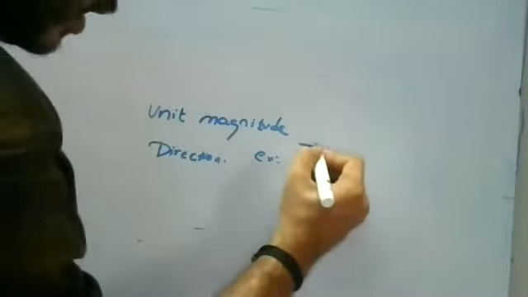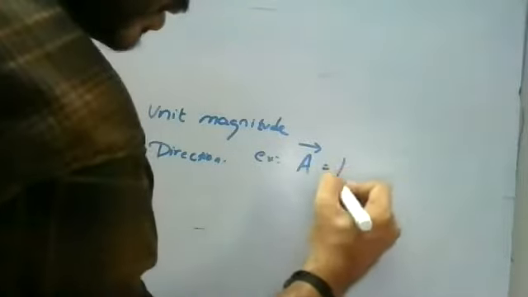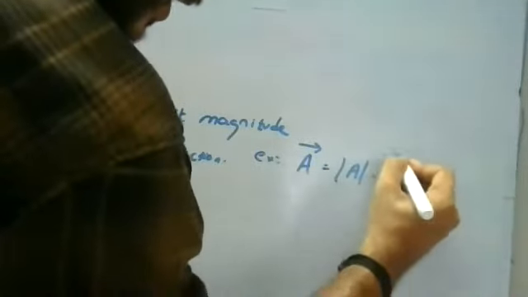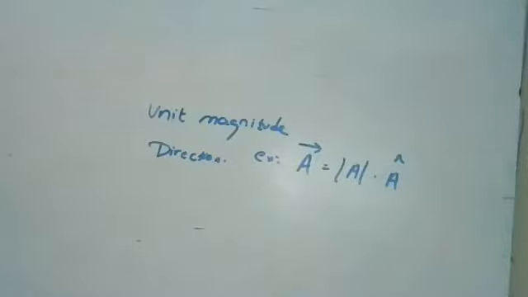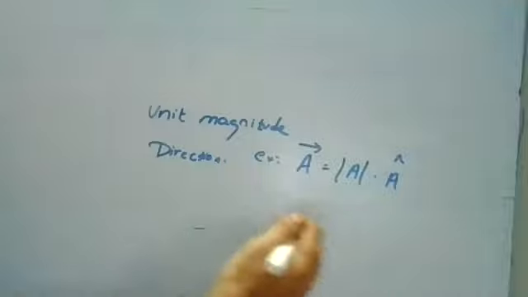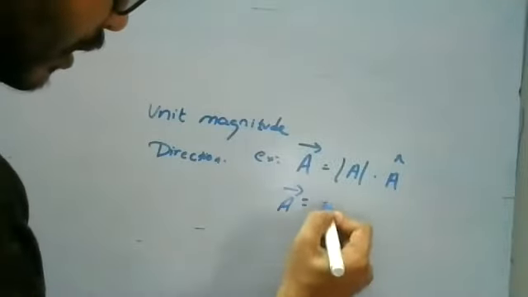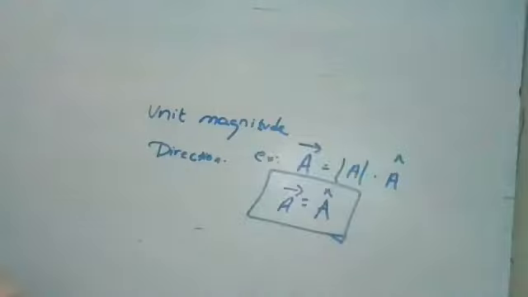Assume there is a vector, a vector. A vector is nothing but a magnitude and a direction. So this is your magnitude and this is your direction. A vector is equal to a magnitude and a direction. Suppose the magnitude is 1. Then it is only direction. It will be identified only with the direction because the magnitude is 1. This is your unit vector.